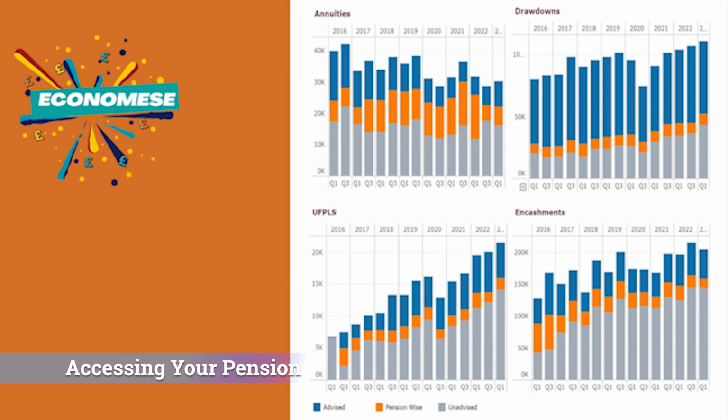So I'm going to put a chart on screen right now and walk you through some of the details and explain how this works. Now, what I'd like to do is focus on the grey bars in these charts, and that's the percentage of people who are not taking financial advice. You can see from this chart that about 60% of the people are not taking advice when it comes to buying an annuity, and that is despite all the recent changes in the annuity market and all the guarantees that